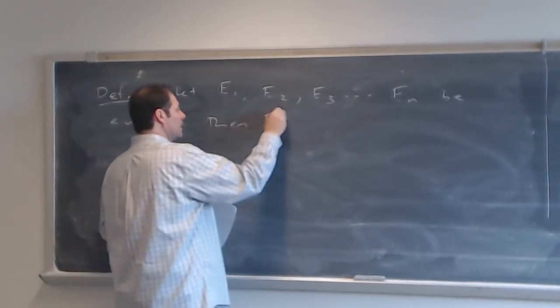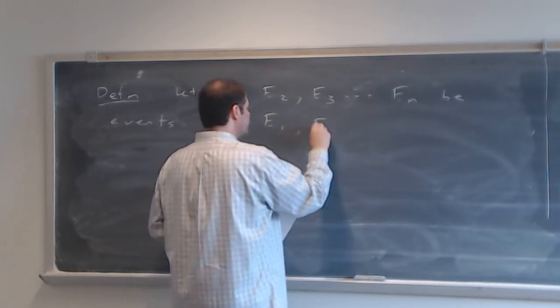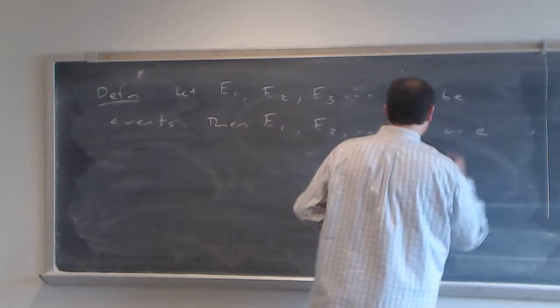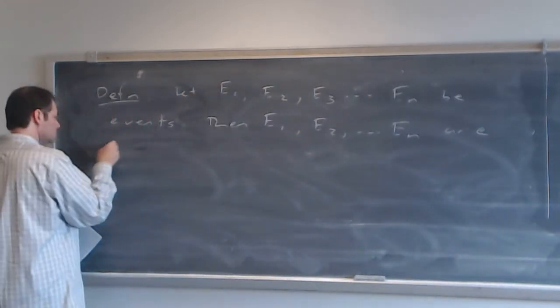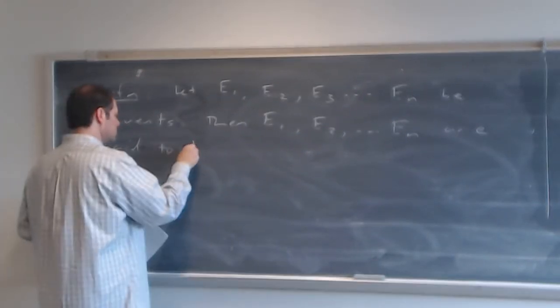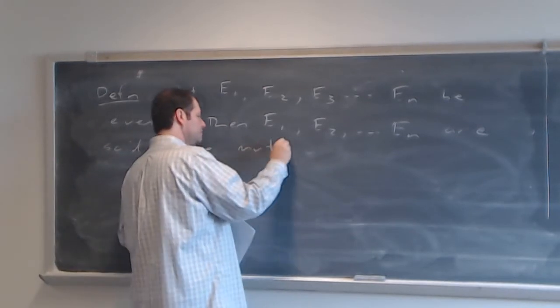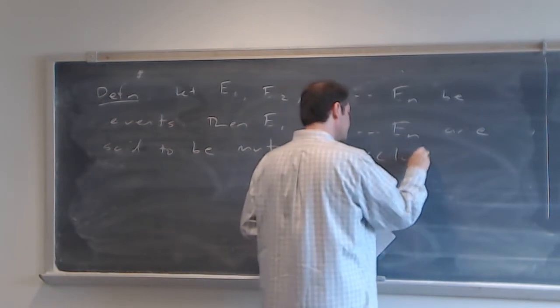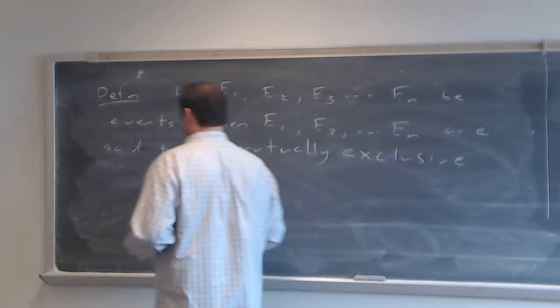Then E1, E2, all the way up to En are said to be mutually exclusive and exhaustive